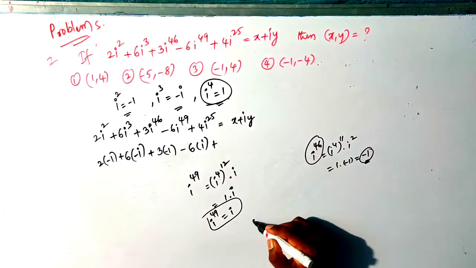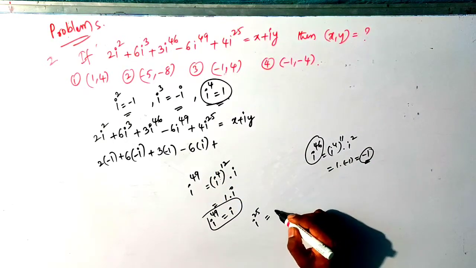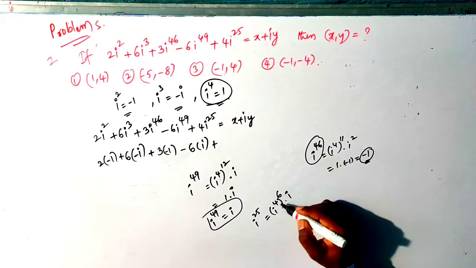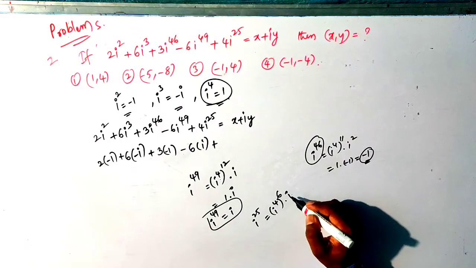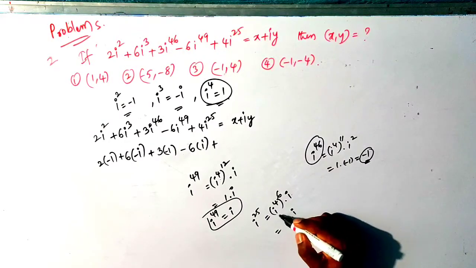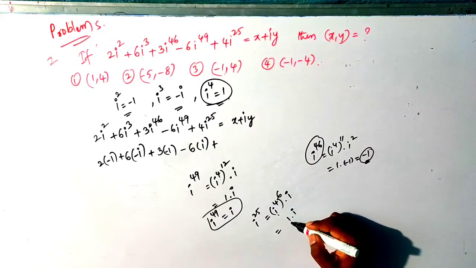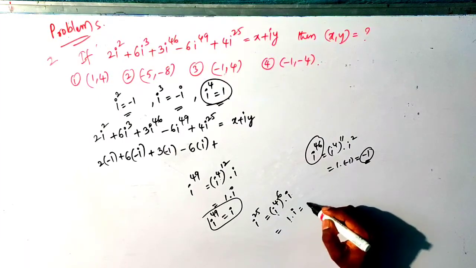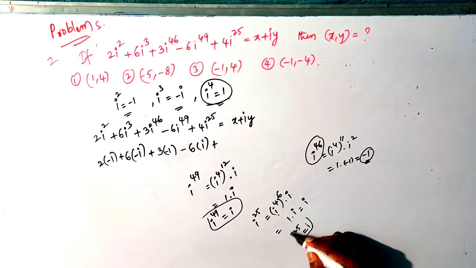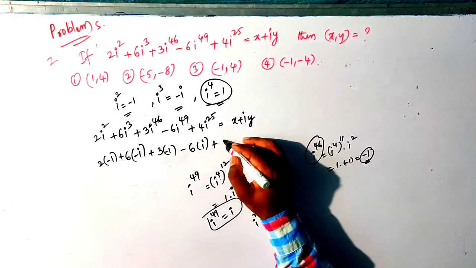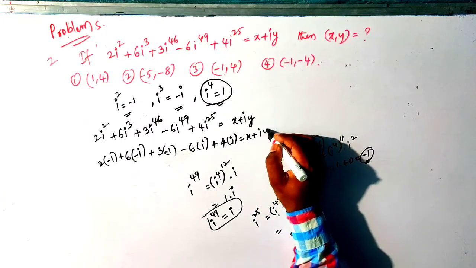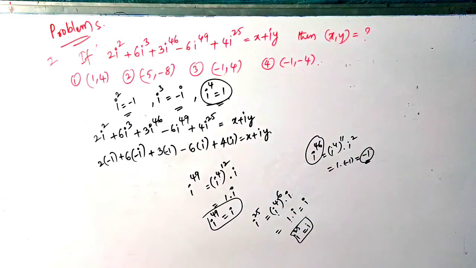Plus i power of 25 is there. So again multiples of 4. 4 sixes are 24. Remaining 1 i will be there. So we write here 1 i. So 1 into i power of 4 value 1. 1 power of 6 is 1 and into i. So i power of 25 equals i we get here. Okay, so 4 into i equals x plus iy.